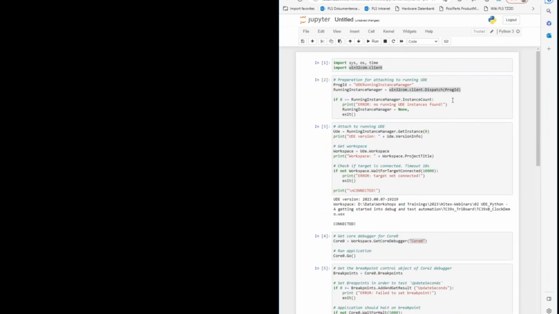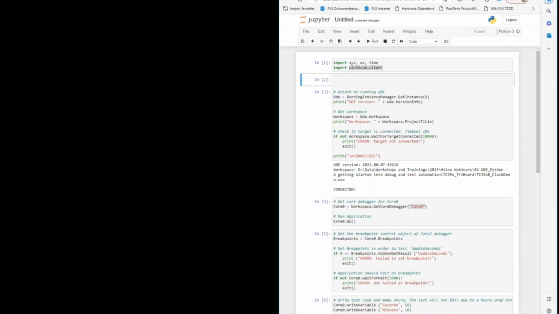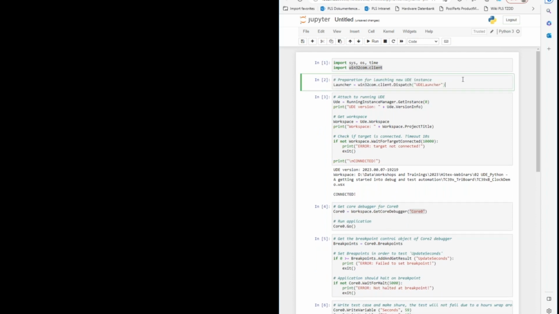That is an example how to attach to a running UDE. So we want to change the script a little bit to open a new UDE, to create a new workspace, and to load an application. For that, I change a little bit the code here. So we don't need the running instance manager anymore, but we need to get access to the launcher using the same method. We ask the Microsoft COM for the UDE launcher, and